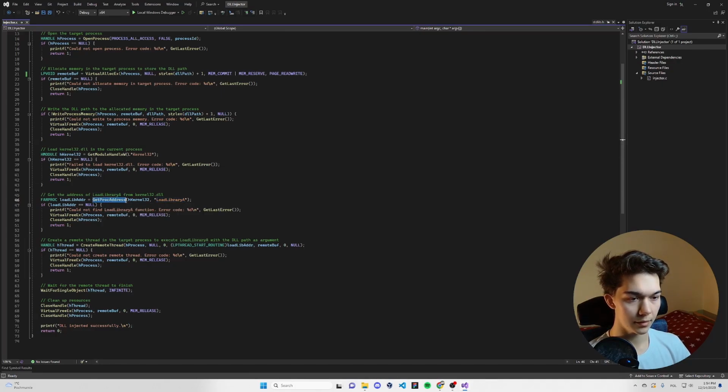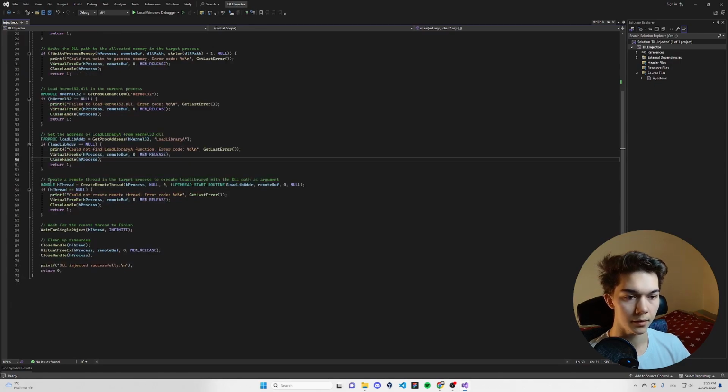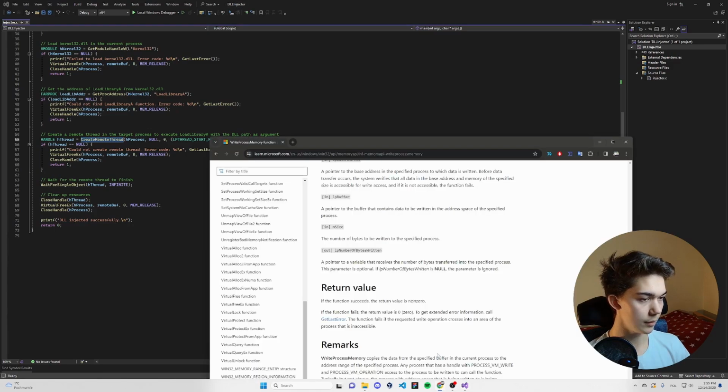Yes, and we get the address of this library with GetProcAddress. It takes only 2 arguments, a handle and the library name. And again, if statement if it breaks. Create a remote thread in the target process to execute LoadLibraryA with the DLL path as argument. We are using the CreateRemoteThread function for that, and this one is actually